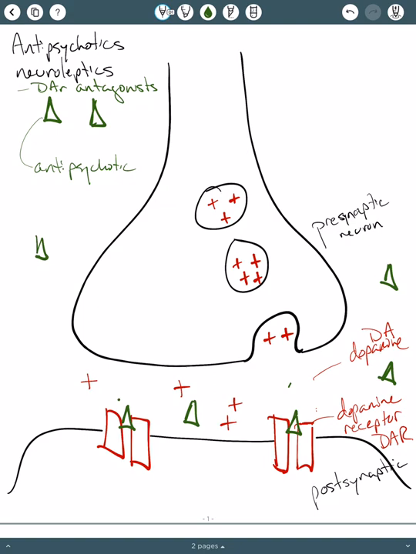Because blocking dopamine receptor eliminates some of the positive symptoms of schizophrenia, and because dopamine receptor agonists like cocaine and amphetamines can actually bring on symptoms like those positive symptoms of schizophrenia, this led to the dopamine hypothesis for this disorder. And you can learn more about that dopamine hypothesis and the more recent glutamate hypothesis in another video that's posted on our website. We'll see you next time with another drug